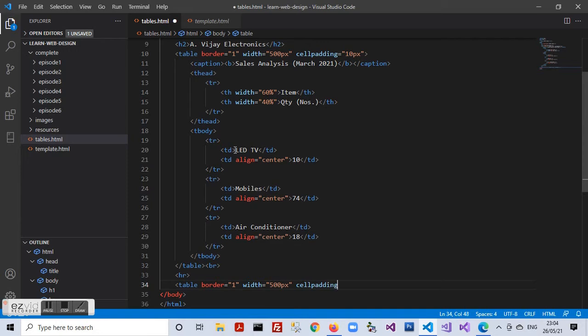cell padding equal to 10. I can even give a value like this, 10, right, without pixels. So in the caption I need to write my recommendations.